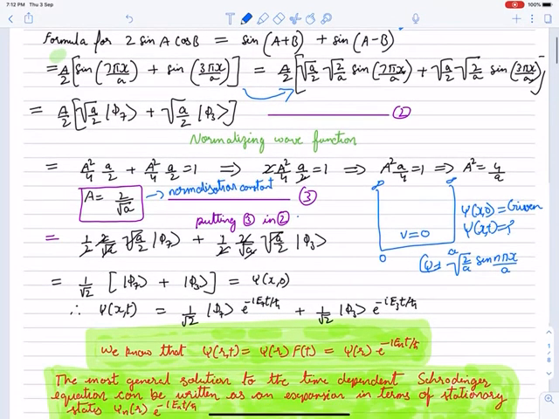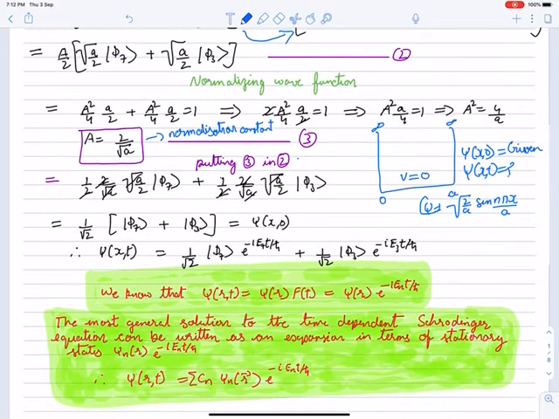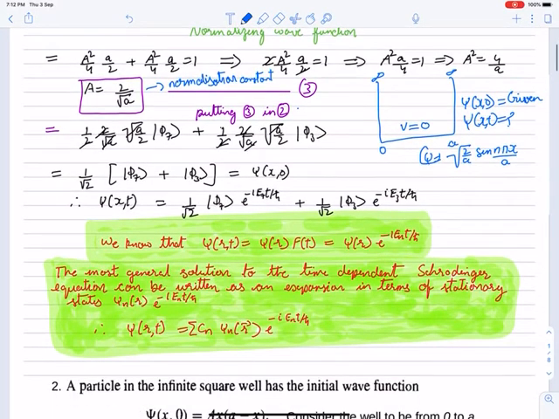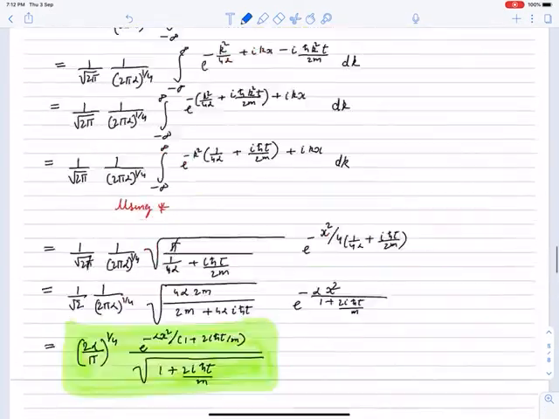Now the basic concept of this question is: what is psi x, t, and how to calculate psi x, t. I can tell you a bit: this is a stationary state wave function. This is a stationary state. So, the time dependent Schrodinger equation.